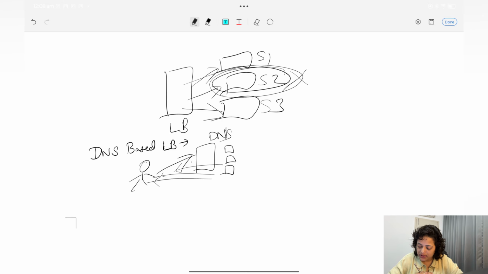But the problem here is the user can cache that IP address, and then every time going forward he will make a request to that server only. So that is the problem. It is not real load balancing happening here, correct? So to overcome that, there is a concept called